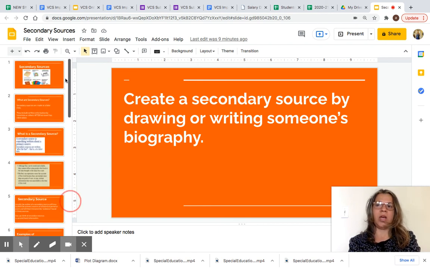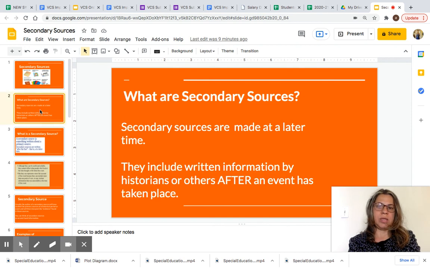So today we learned about secondary sources. Remember that secondary sources are made at a later time, and they include written information by historians or others after an event has taken place. You have to remember that secondary sources are